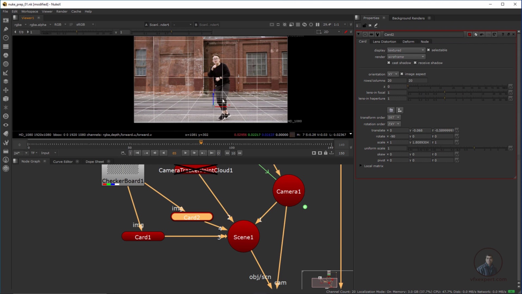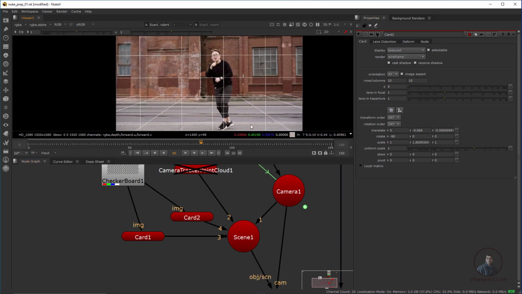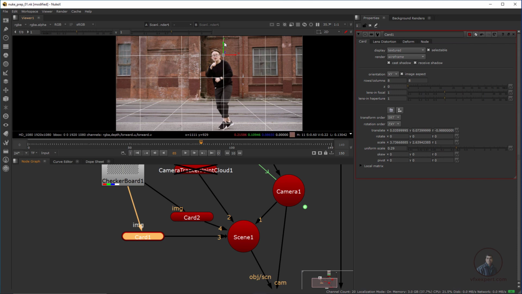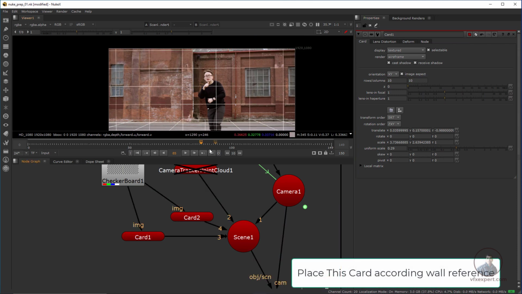So from here you can easily see, maybe 10 by 10, not too much. Even on the default value you can work. So now adjust it here, then again double click here and place it. So from here you can easily notice. Then again after this we have to adjust this card, double click here and adjust it here.